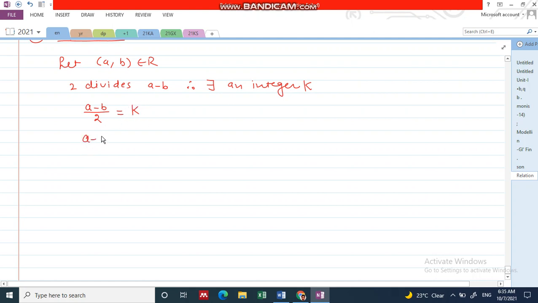So we can say that a minus b is equal to 2k. Now we want to prove that (b, a) is in the relation. We can say this element is in the relation when 2 divides b minus a. So I need b minus a. For that, I multiply both sides by